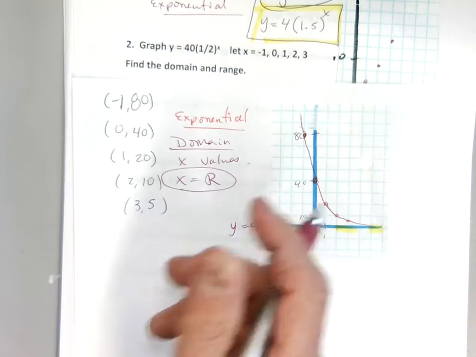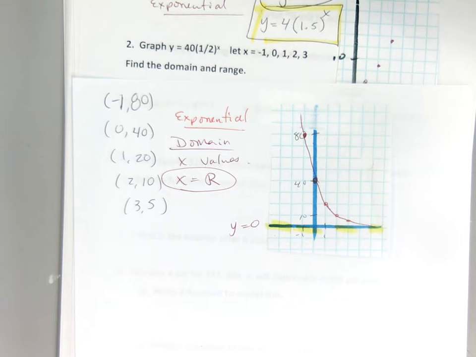Tay, you asked a good question this morning. You said, is it always all real numbers? And I said, yes. So that's an easy question, isn't it? Easy question. Is it always all real numbers? Yes, for exponentials. The range is different,